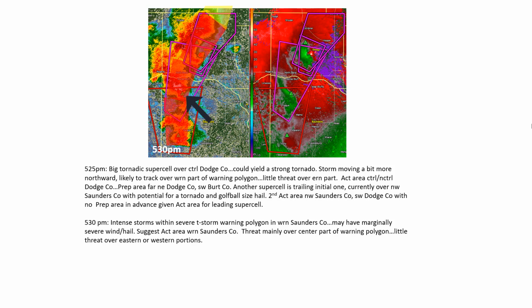So we see here multiple overlapping warning polygons, but the action areas in red show the actual track of the area of danger, which is not the entire warning areas. In fact, the southernmost storm, only the central part of that warning polygon really is in danger. So it's reflected better in the Storm Threat Initiative.